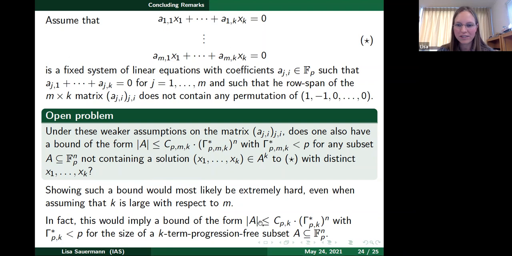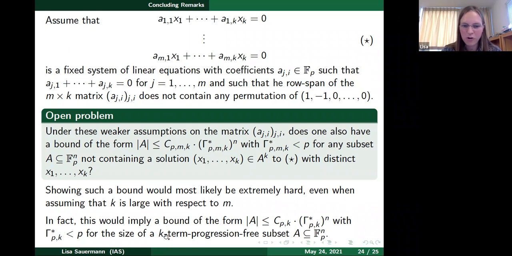And proving such a bound for k-term progression-free subsets of F_p^n is certainly a very difficult problem that a lot of people have thought about in the last few years, especially after the Croot-Lev-Pach and Ellenberg-Gijswijt proof for the case k equals 3 came out. A lot of people have tried to generalize this to larger k, and it seems like everyone is stuck. So this is most likely very difficult. And so how would that follow from this? Well, if you